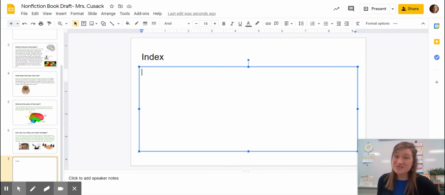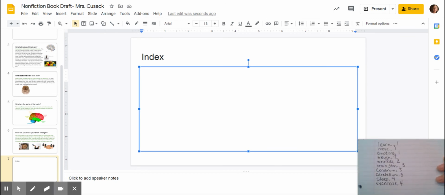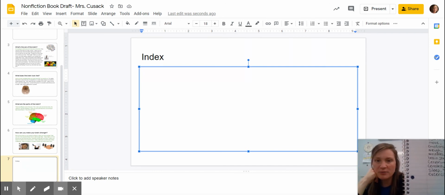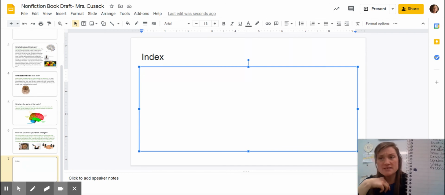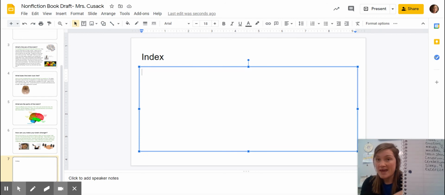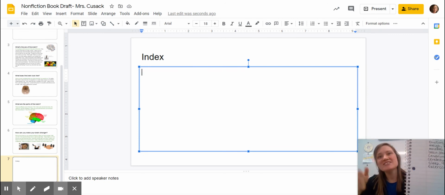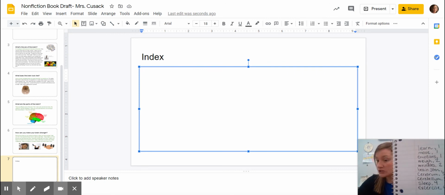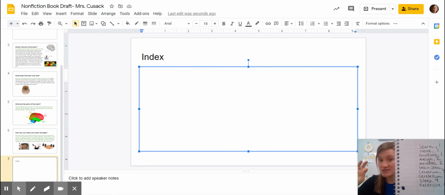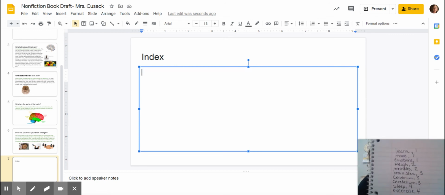Now, this is the tricky but kind of fun part. You have got to look at your words and you have to put them in alphabetical order. That's why I had you write them down on a scrap piece of paper. So if you remember, alphabetical order means we go in order from A, B, C, D, E, F, G, all the way to Z, right? And so whatever word would come first alphabetically, we're going to list first, and then second, and so forth. So you're going to look at your list of words, and you're going to think,